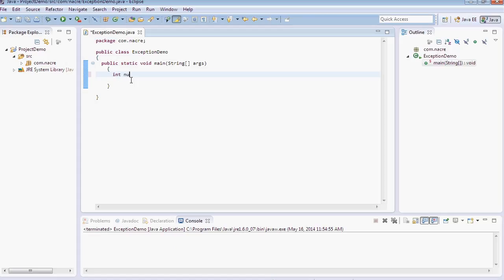Let's take one variable num1 initialized with value 10, second variable num2 initialized with value 0, and store the result of num1 by num2 into num3. Print the output.